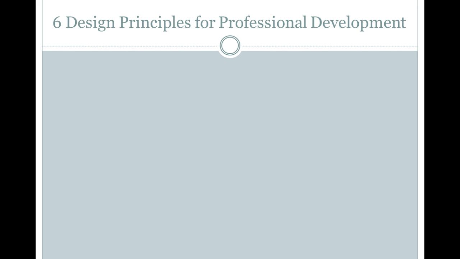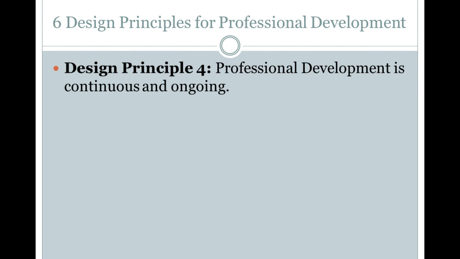Design principle number 4 is that professional development is continuous and ongoing. It is sustained over time and involves a substantial number of hours. The article mentions that 1 year of professional development was characteristic of effective schools, but actually researchers have not determined the ideal amount of time for professional development. But we don't want to do just a